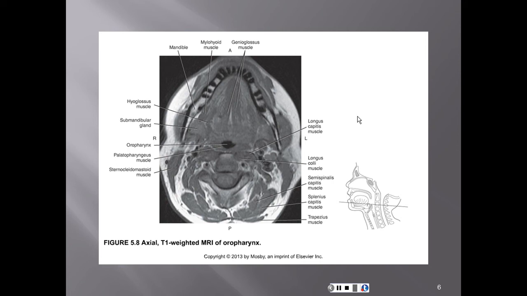Page 5A, so we're now on page 255. And this is an axial T1 weighted MRI of the oropharynx. Since we're talking about the neck now, one of the major muscles that we need to understand is the sternocleidomastoid muscle, and its origin point on the